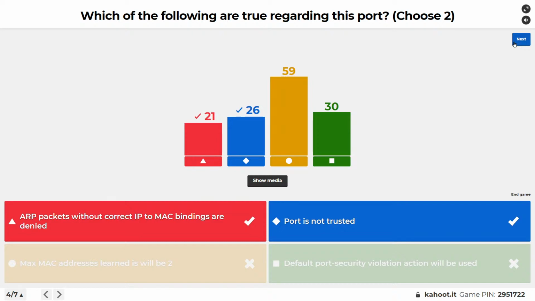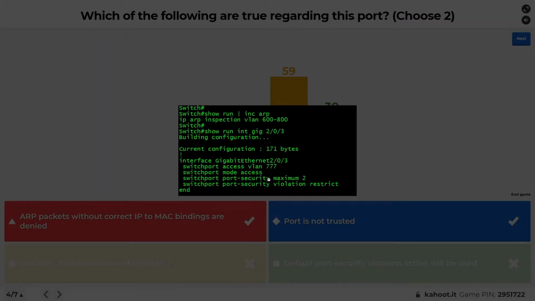Wow, how did we get so many people with yellow? Let's take a look real quick. Which of the following are true regarding this port? Well, let's bring up the port. Let's take a look. Get my pen out of the way. All right, let's take a look. Which of the following are true? So for gig